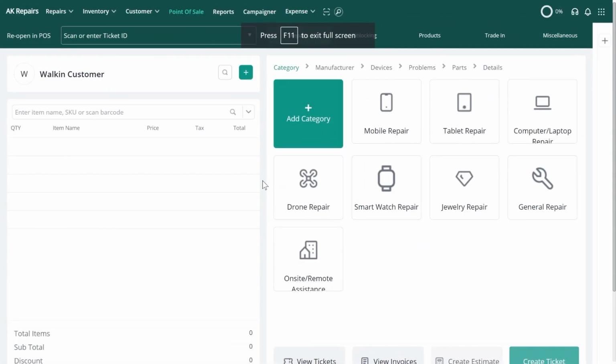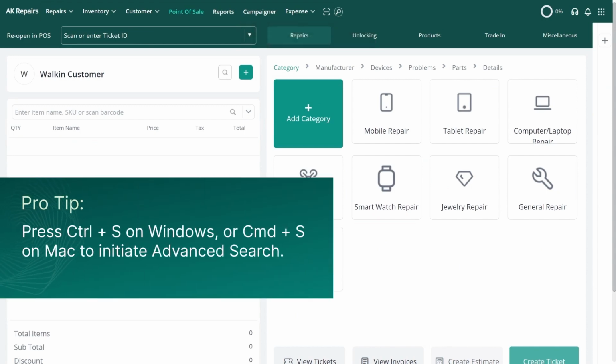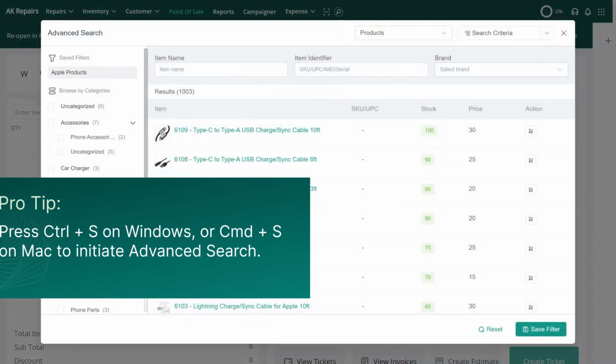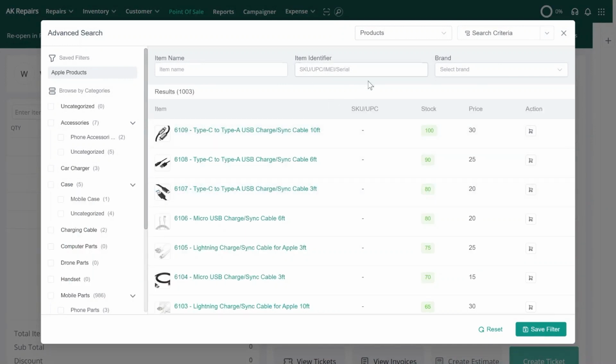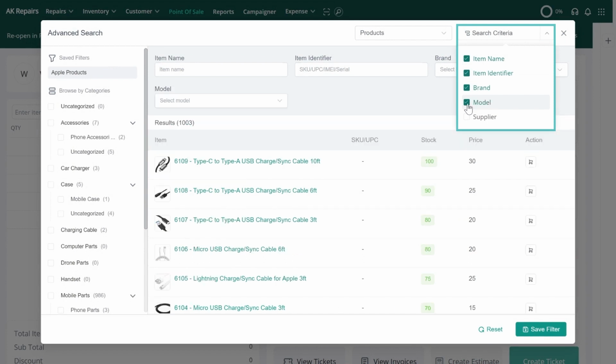Here's how it works. From your POS screen, press Ctrl and S on Windows or Command and S on Mac to initiate advanced search. In the high-level pop-up of advanced search, go to the search criteria drop-down in the top right corner. Here, you can select up to 5 criteria, including item name, item identifier, brand, model, and supplier by